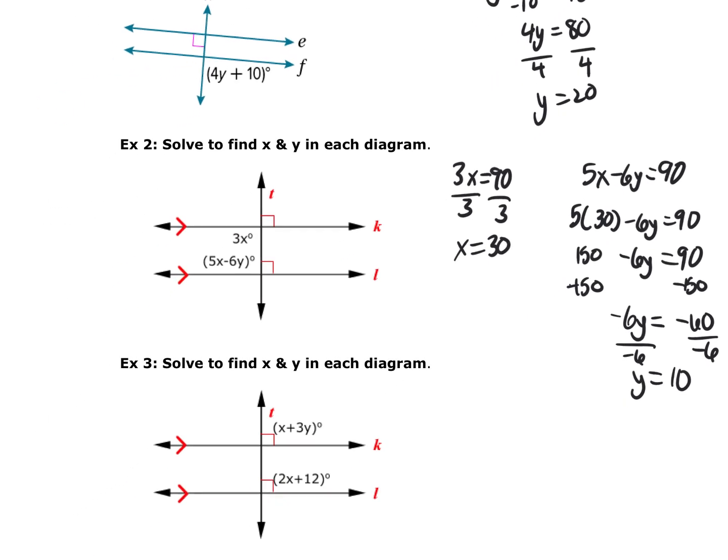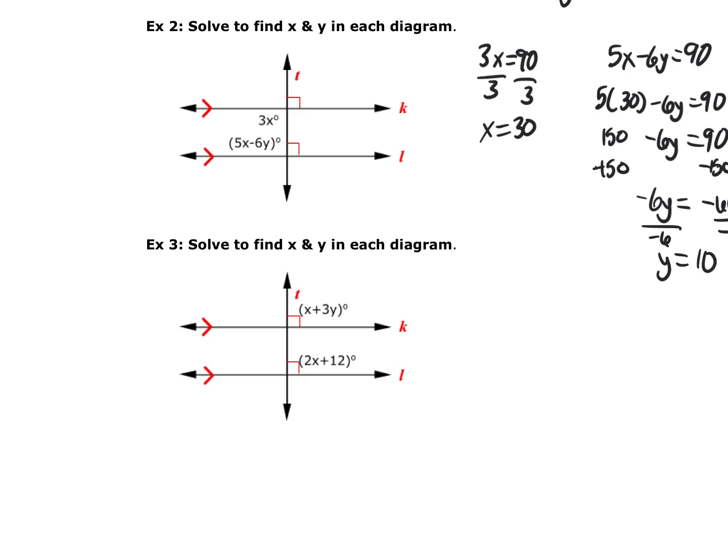All right. And then this last example here, with all of those perpendicular, that means that x plus 3y is equal to 90, as well as 2x plus 12 is equal to 90. All right. So I've got to solve the one with just the x first. I can subtract 12 off of both sides to get 2x is equal to 78, and then divide both sides